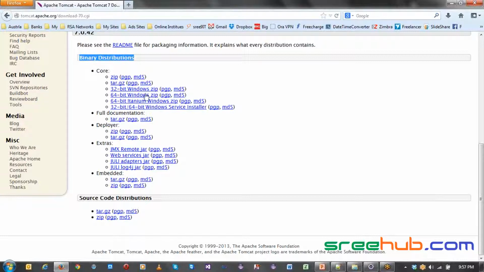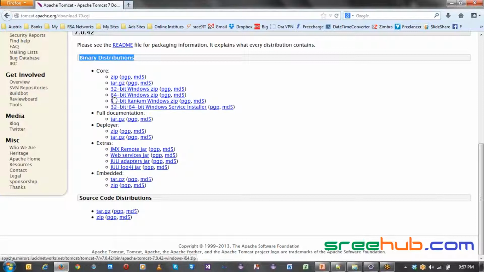Now let me go ahead with the second option, because in our second option we'll be checking out each and every configuration. But if you install it, there will be nothing more that you have to configure, right? So here you have to select Tomcat for your own version of your machine.